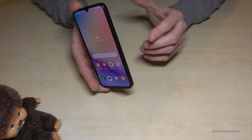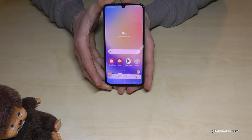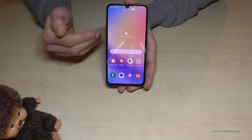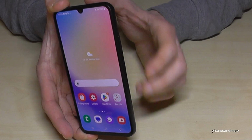It works with the buttons. So we will need the power button and the volume down button. Press these both buttons just for short and you're having a screenshot. After, you can see the preview, you can edit the screenshot or you can share it directly with WhatsApp, Telegram and so on. So one more time, the power button and the volume down button just for short together, and